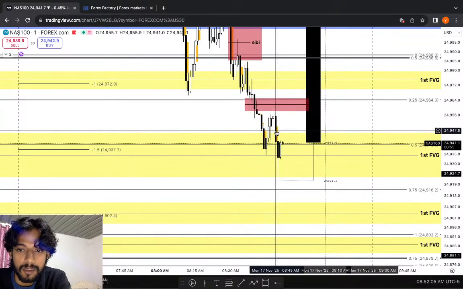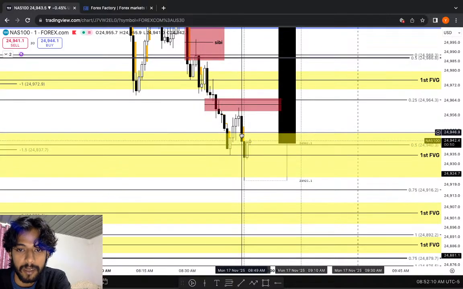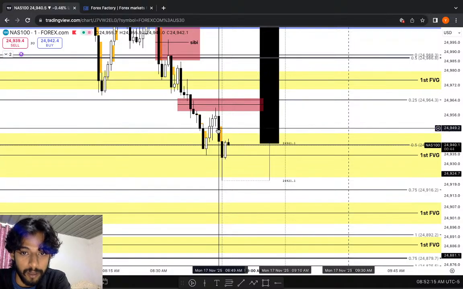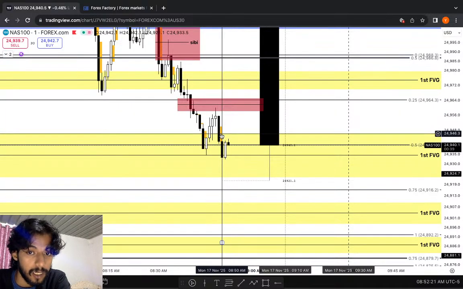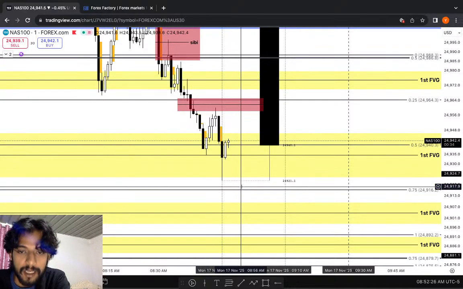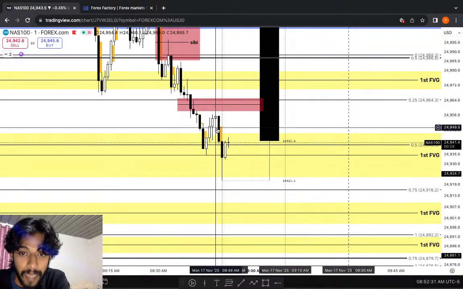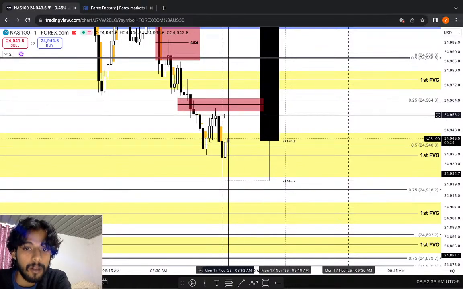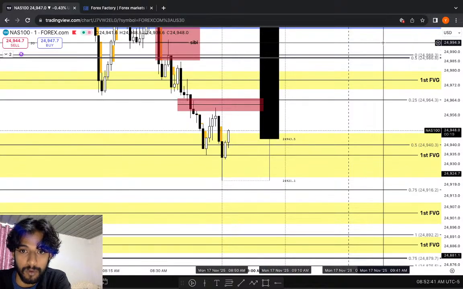Now look at this inefficiency right here, and how price reacts inside it. If it completely breaks on the upside, or if the bodies of the candle stay below the midpoint of that gap, then we can see more lower prices. If not, we can see some kind of move. If this gap gets completely broken on the upside with good bullish candles, and this high gets broken, then we can see some kind of higher move.